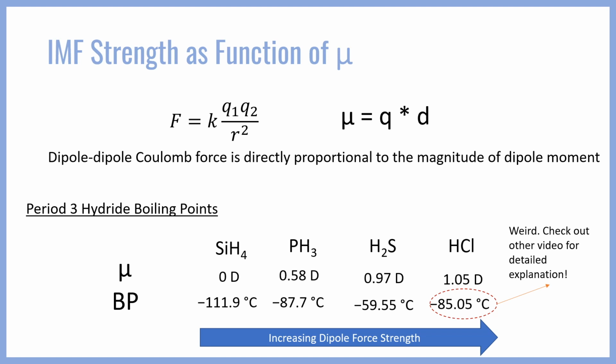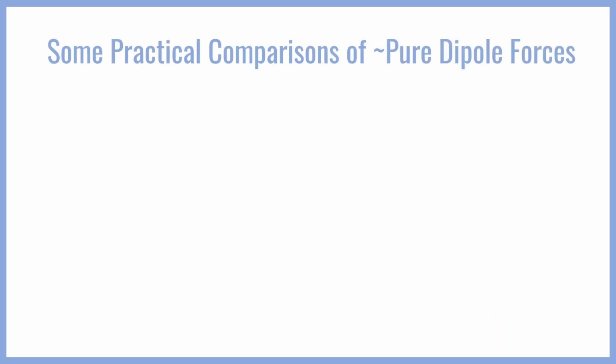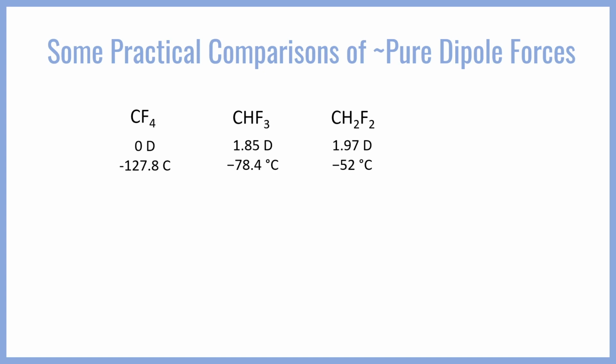But this exception aside, the general trend still holds. Dipole moment magnitude is directly correlated with dipole force strength, and therefore the boiling point of the target compound. At this point, I want to go ahead and look at some practical comparisons of a few molecules where dipole forces are the dominant consideration towards the IMF profile, so that we can get a more nuanced feel for their origins and impacts. First, we have some fluoromethane species, CF4, CHF3, and CH2F2, and we also have some associated data,